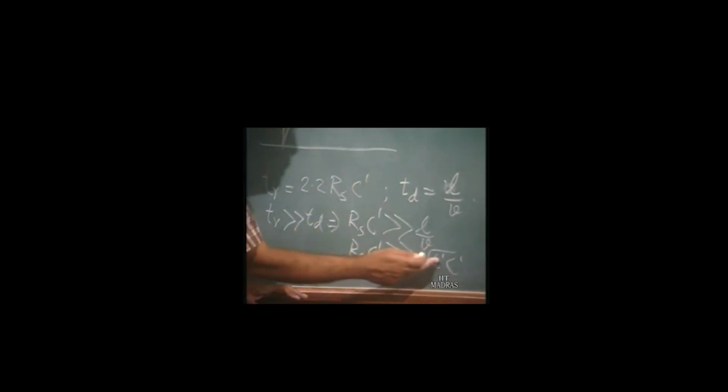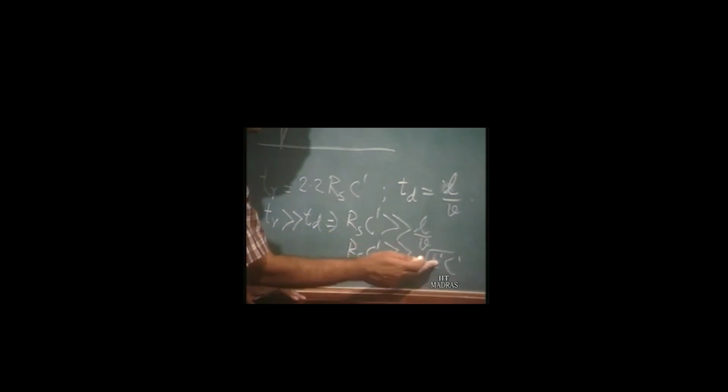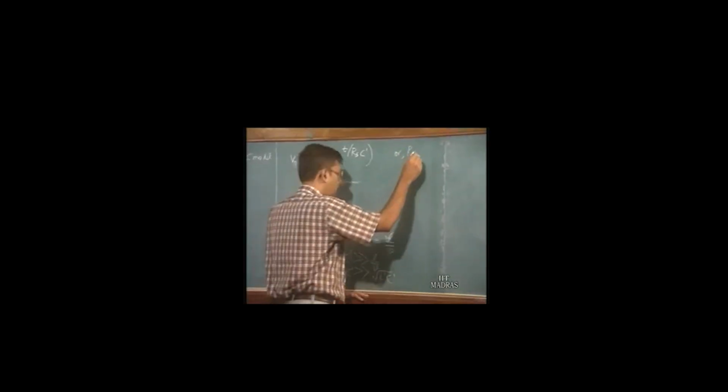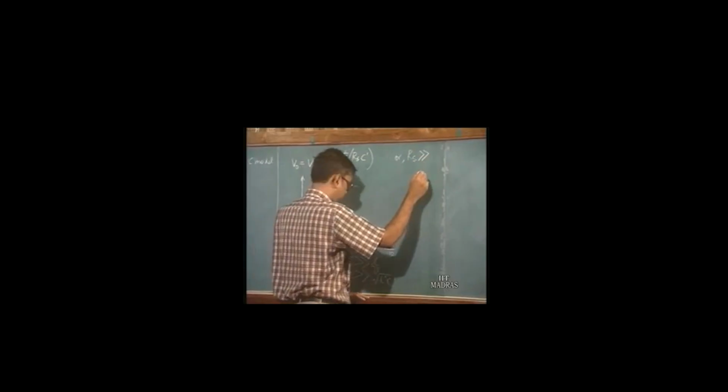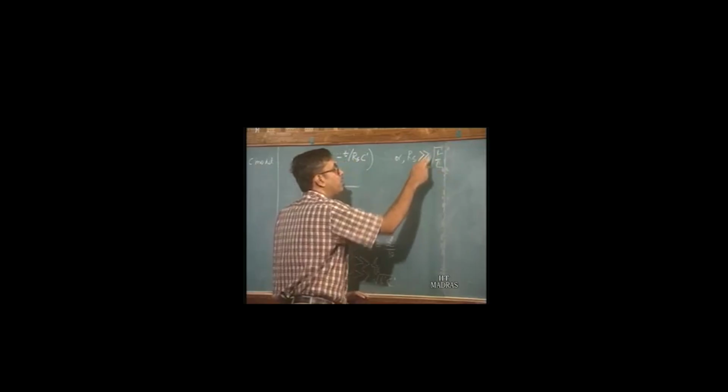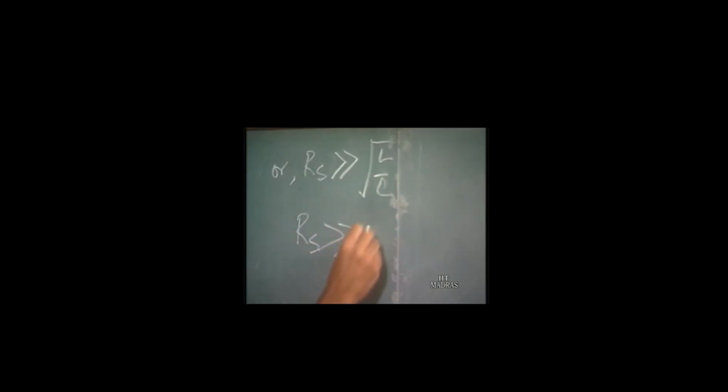Now L prime and C prime: L prime is L into the length of the line, and C prime is the length of the line into C. So we can write this as Rs is very much greater than root of L by C, and root of L by C we know is equal to R naught. So Rs is very much greater than R naught. So we can say that when Rs is very much greater than R naught, okay, when that is the source